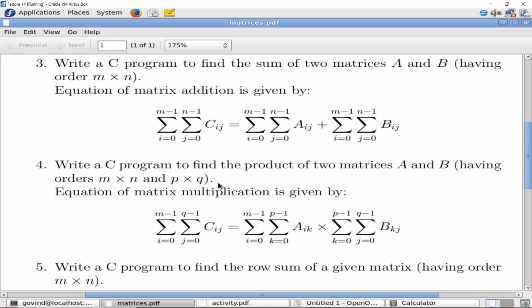So we need to worry about a few conditions to be able to perform matrix multiplication, because the orders of these two matrices are different.